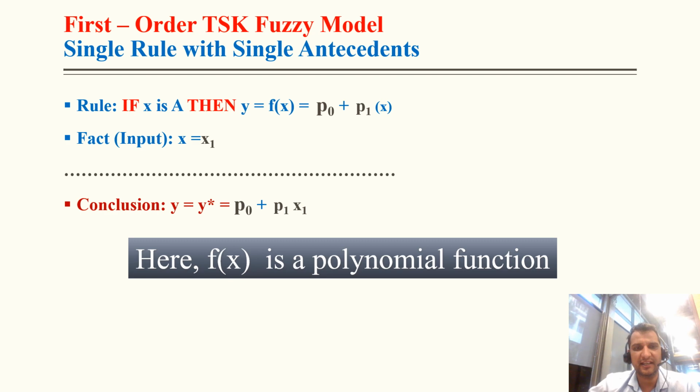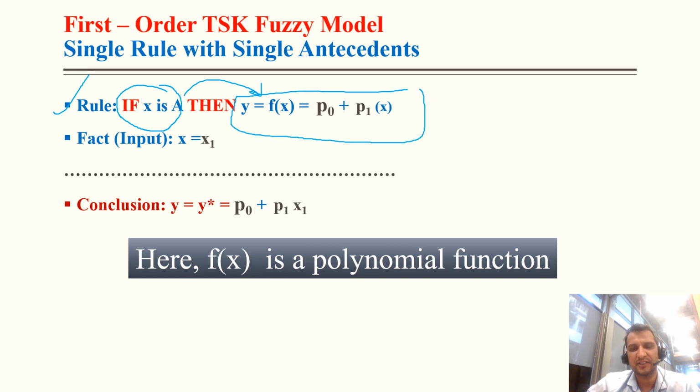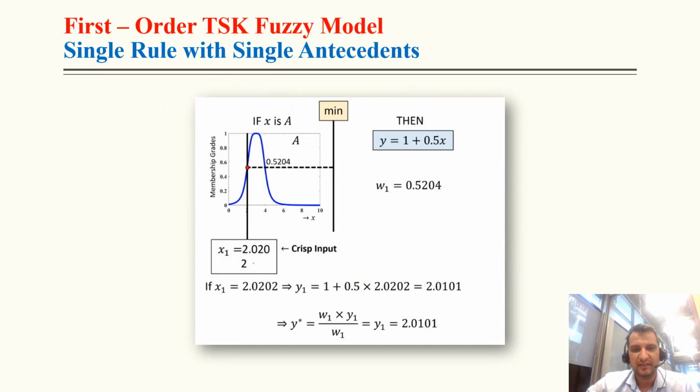So if x is A, there is a single rule and only a single antecedent, and if x is A, then y is equal to this one, but it is of first order, so this will be equal to p naught plus p1x. Now I want to calculate the output at the input x is equal to x1, so the output will be equal to this one. Now with the help of an example, I want to calculate the output for this particular crisp input, and the degree of compatibility is equal to 0.5204, same as in the last example, but in this case